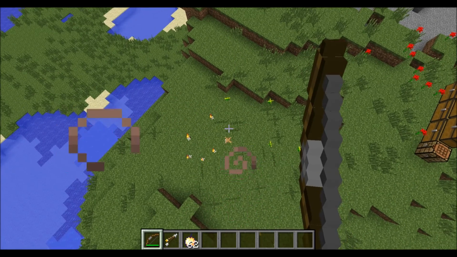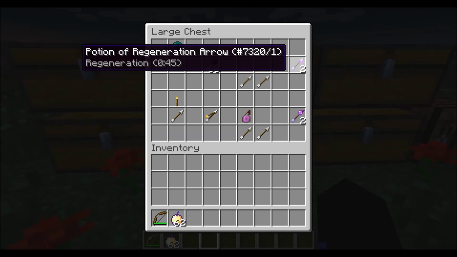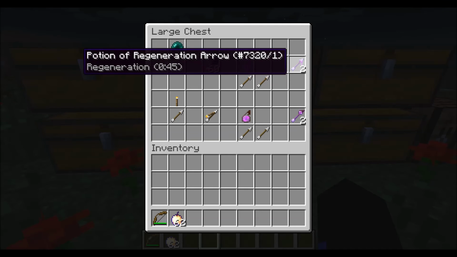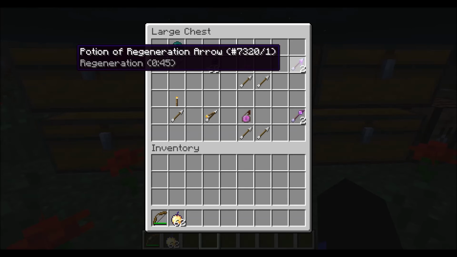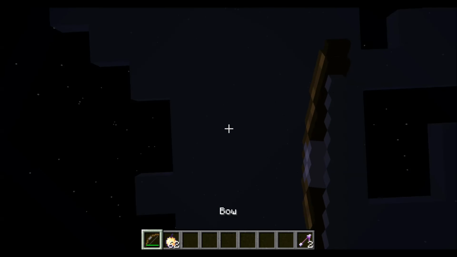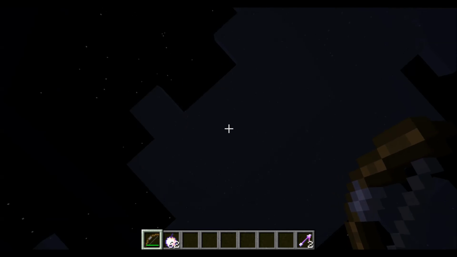Alrighty guys, so the next thing we have here are the arrows of potions, I guess you could call them. Basically, they are arrows imbued with potion effects. So the way you make them is two arrows and then the potion of your choice. For this demonstration, I'm using Potion of Regeneration. And it's also compatible with splash potions too. Let's take this, and you see that it's loaded. Shoot it up in the air, and